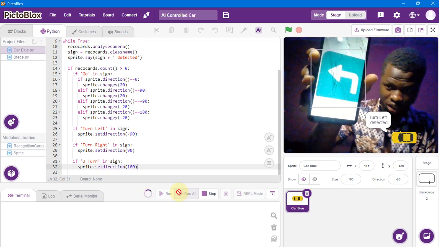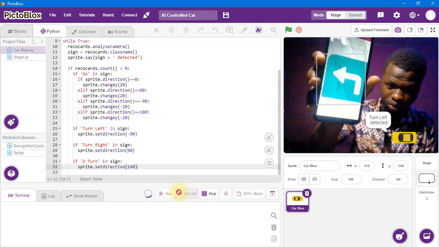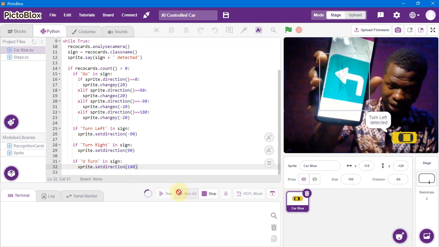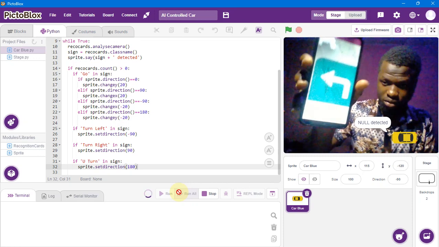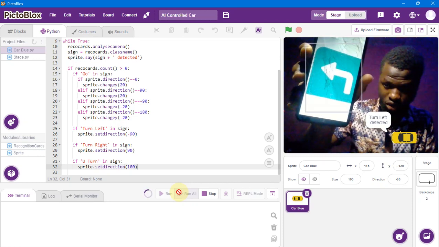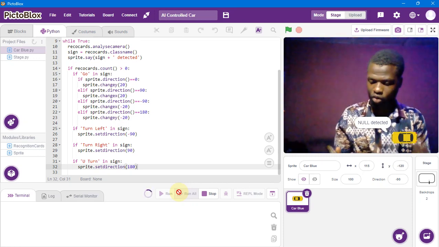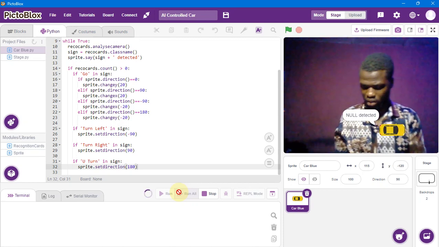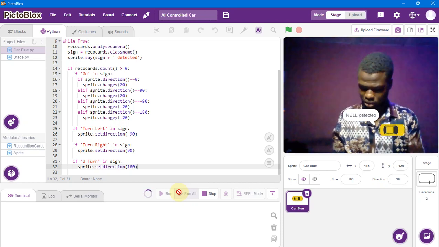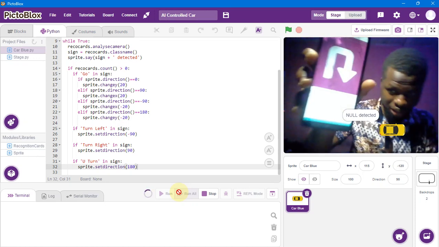Okay, it just moved its position, which is not right. It's supposed to actually turn left. Let's turn right. It went back to that position now. That's not working as it's supposed to. And then let's do the